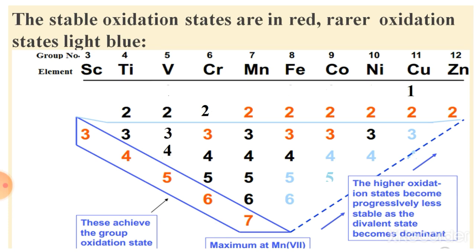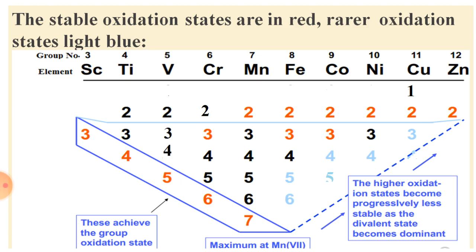The common oxidation state from titanium to zinc is +2. So from titanium to zinc they show the +2 oxidation state except scandium. This is due to removal of 4s2, that is 2 electrons from the 4s orbital. They show the +2 oxidation state. So this is also the common oxidation state of the 3d series.